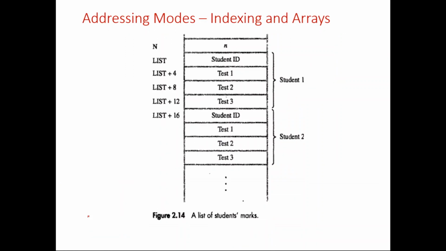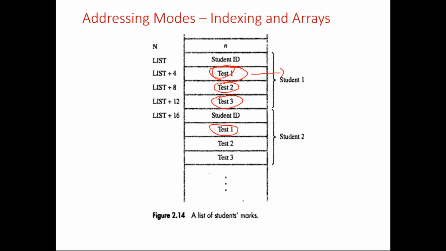Fine. Let us further discuss this with one program. Let us assume that the marks of n students were stored in memory locations. For each student we are storing 3 marks: the marks of test 1, test 2, and test 3. Like that we are storing the details of n students. We want to sum up all the marks of test 1 of all students. That is, test 1 marks of the first student should be added with the test 1 marks of the second student. That should be added with the test 1 marks of the third student and fourth student, and so on and so forth.